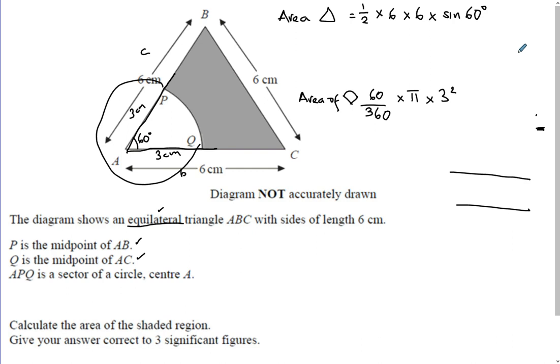Now go on your calculator, and here you'd get 15.59, and here you'd get 4.71, and then you're taking it away, and you get 10.88. And to 3 significant figures, you'd have 10.9